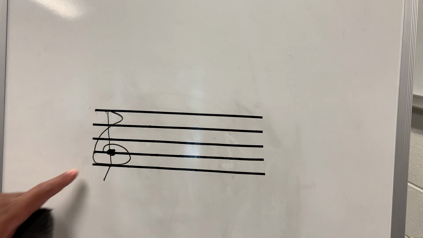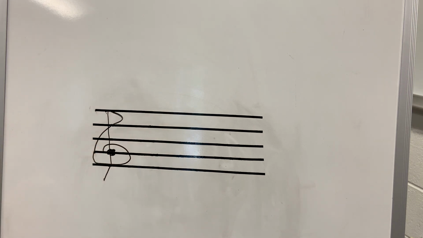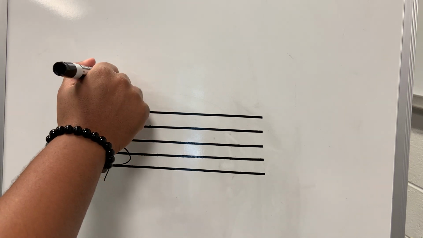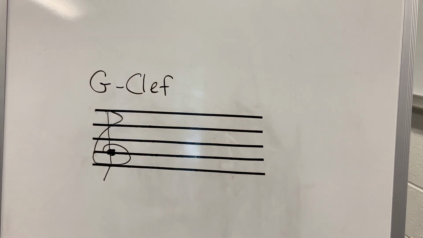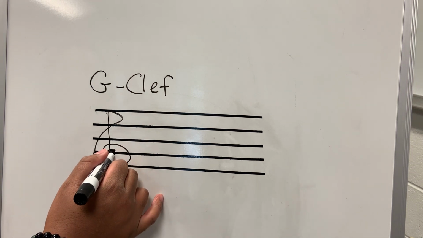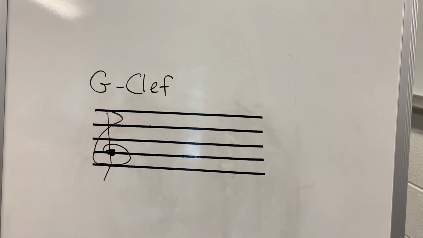Now, I know I really emphasized on shading in this line here. Now, that's because there's another name for the treble clef. G clef, okay? Another name for the treble clef is a G clef. And I will explain further about why that's also called the G clef, okay? Now, it's because of this second line. And we're going to talk more about the line letters and space letters sometime soon here. But first,